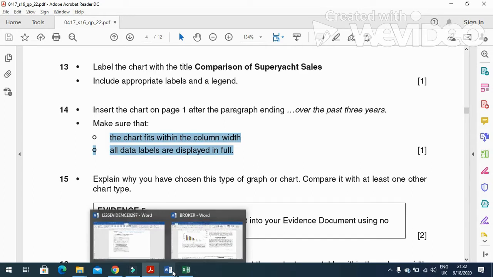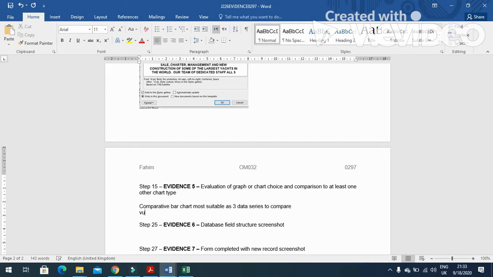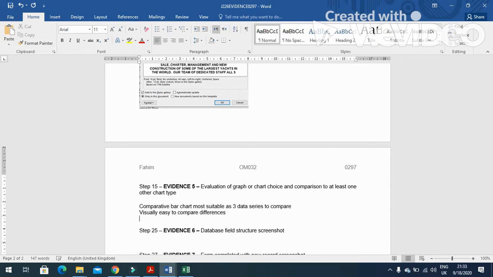Yeah, so here in the evidence document, so I'm just going to type here that comparative bar chart most suitable as 3 data series to compare 2014, 15 and 13, and then after visually easy to compare differences, line graph not suitable as not continuously